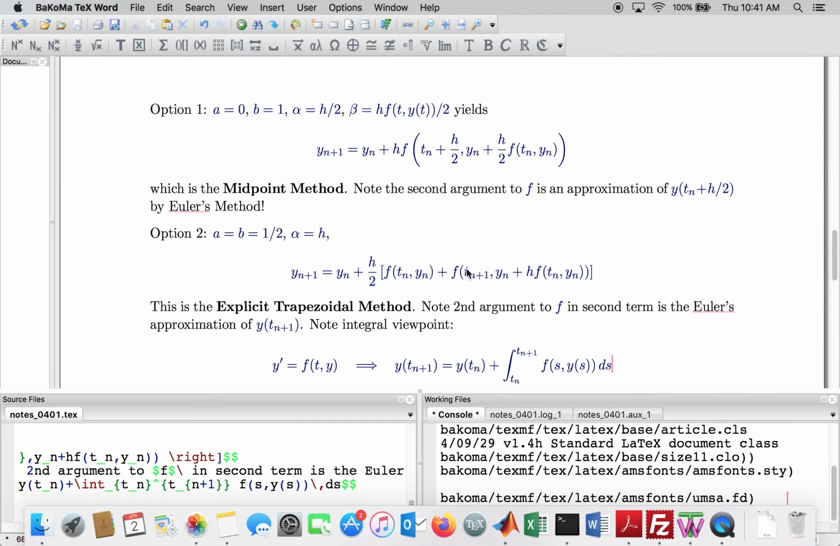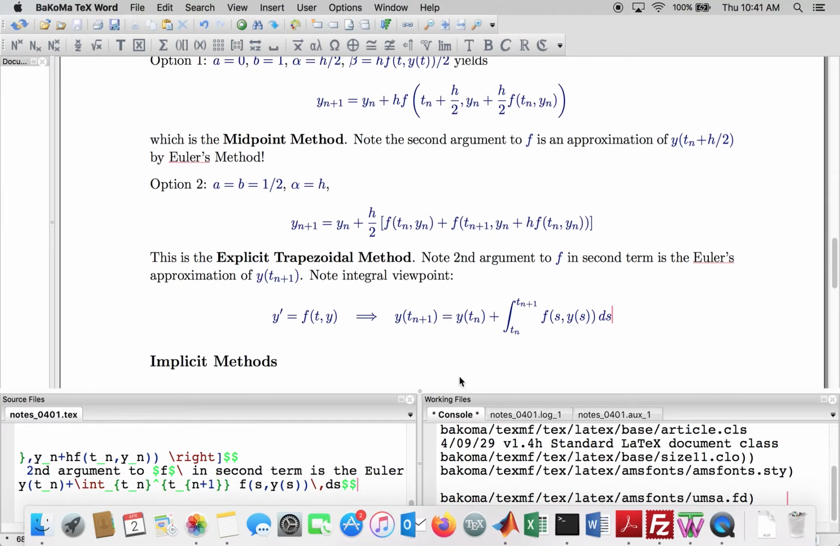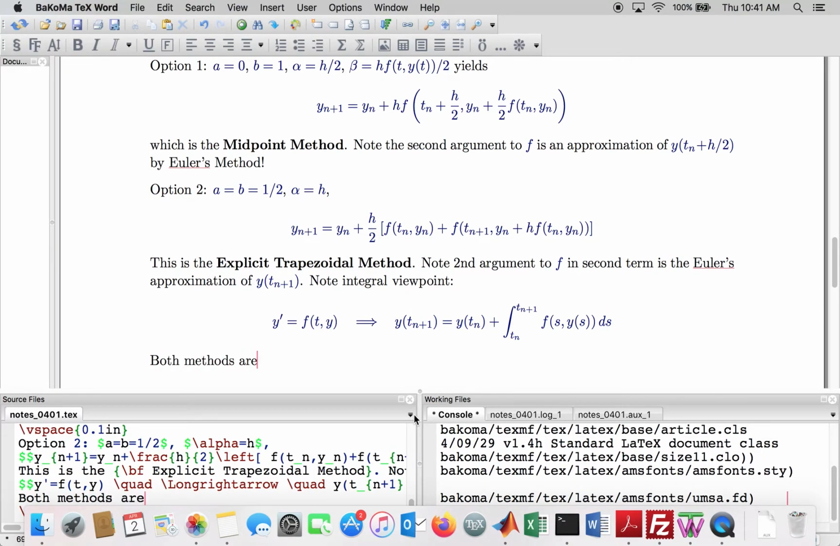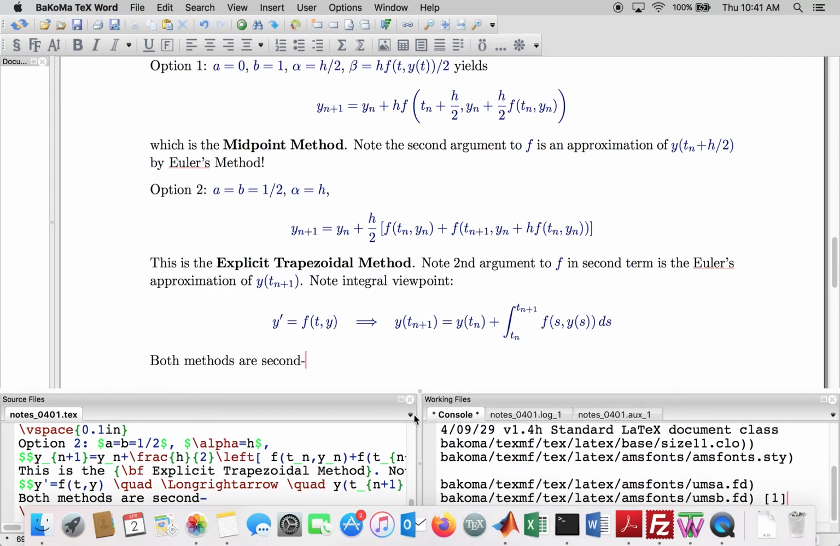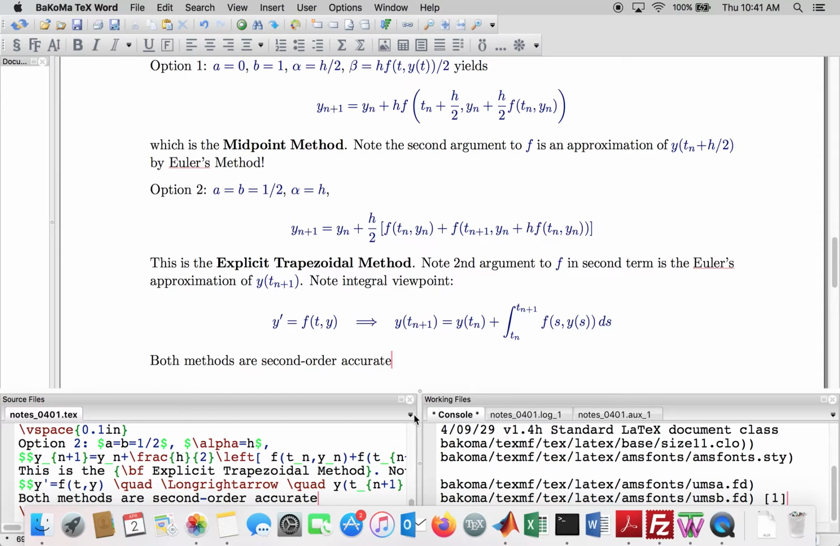We evaluate the integrand at the two endpoints and the weights of both will be h over 2. So here we're using the area of a trapezoid to approximate the area under a curve, that is, this integral. Now both methods are second order accurate, and the reason we know that is